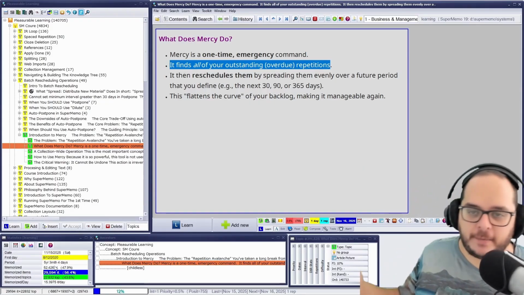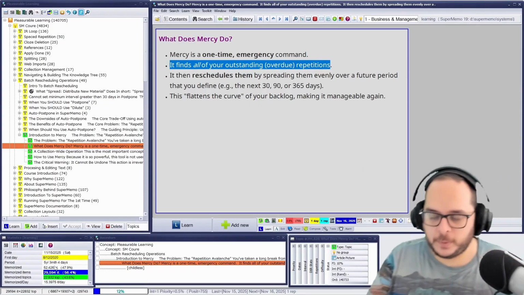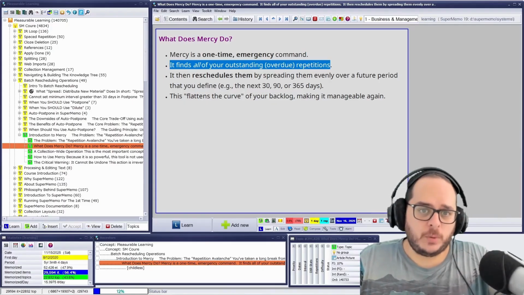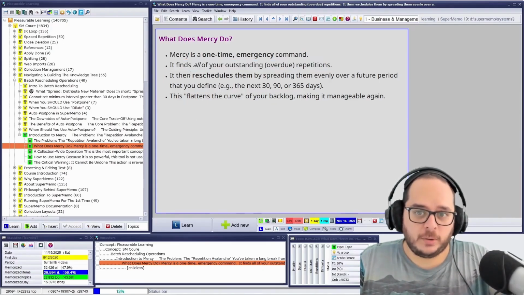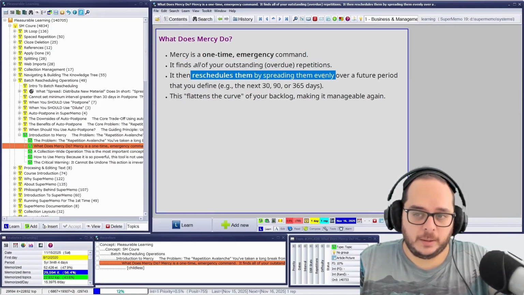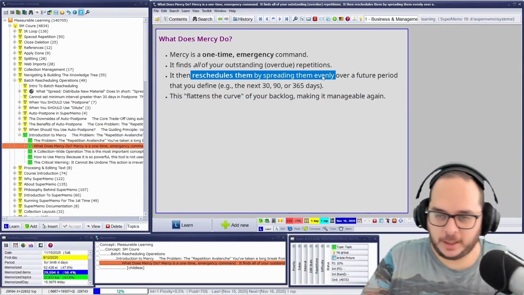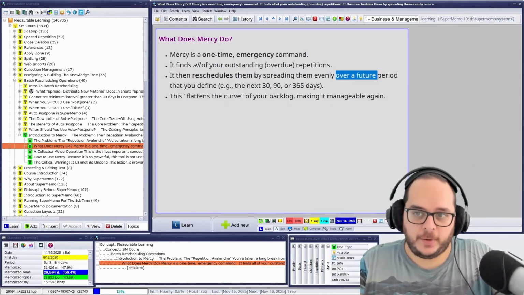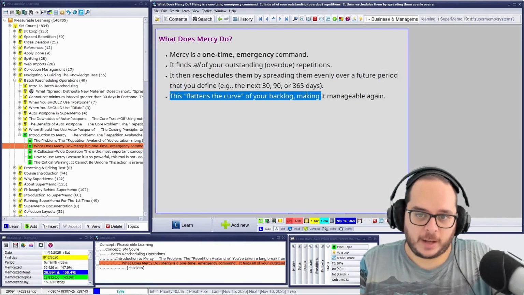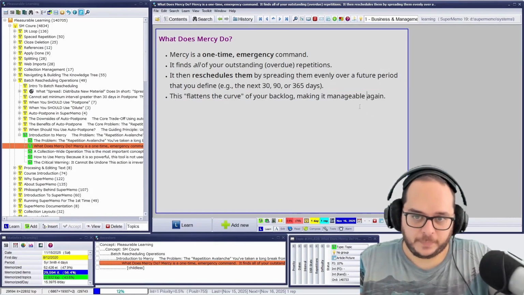This depends on whether I have done postponing, autopostponing, and so on. Then what Mercy will do is reschedule by spreading them evenly over a future period that you define. And this flattens the curve of your backlog, making it manageable again.